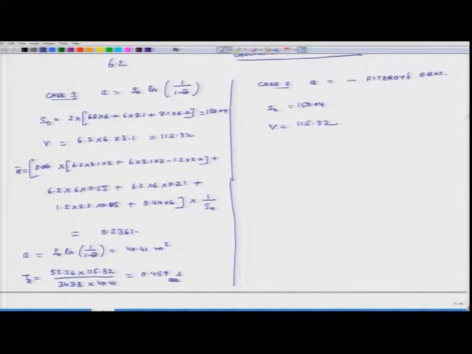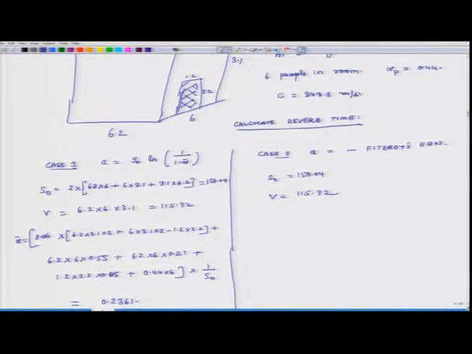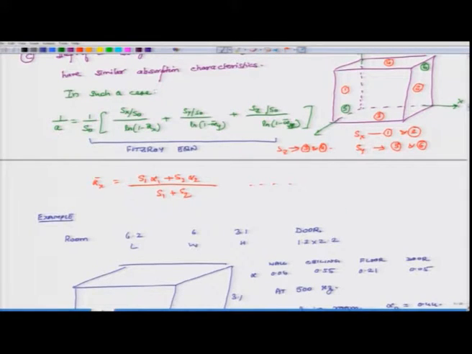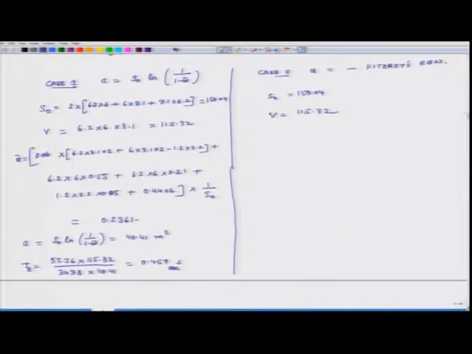Now, let us compute using the other method, because we have already said that it is likely that this approach of computation may not be accurate, because the room's reflecting surfaces have significantly different absorption characteristics in different directions. So, it is probably safer to use this Fitzroy's equation to compute the parameter A. To do that we have to compute all these parameters Sx, alpha x and all that stuff. So, let us first do that.